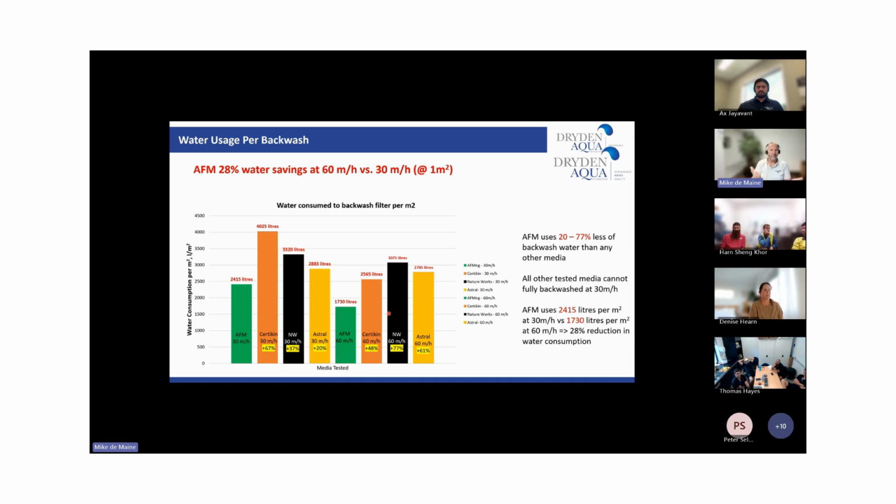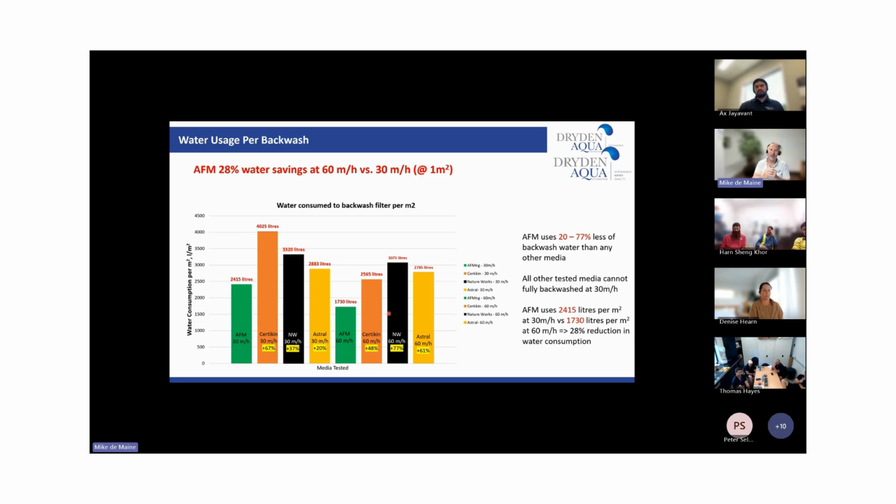So they are the best at backwash, but the worst at filtration performance, as you remember seeing from our graph initially. Filtration performance is the worst, but they're the best at backwash. Our media, the shape of our media, has been designed for backwash processes, not only for filtration processes,